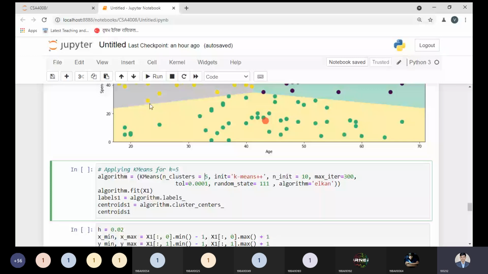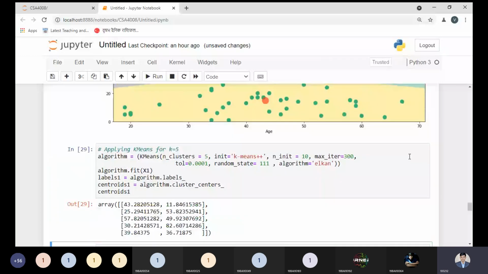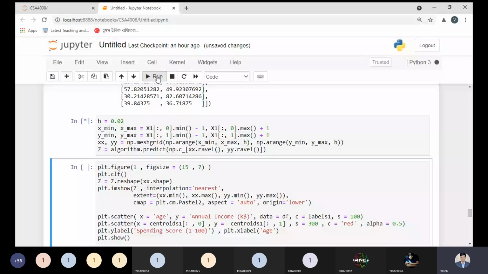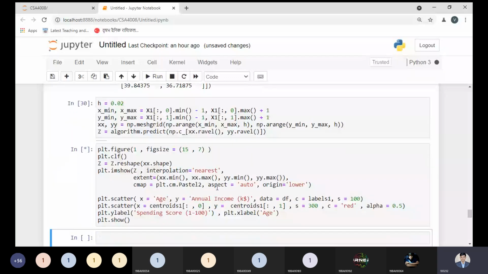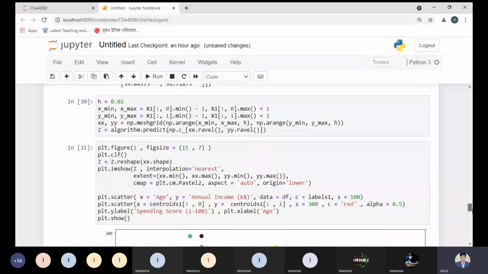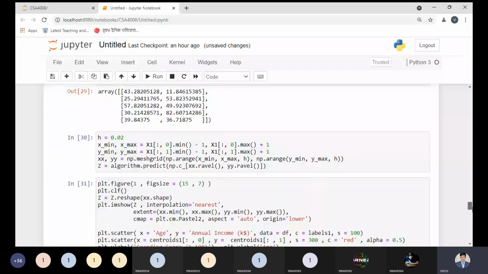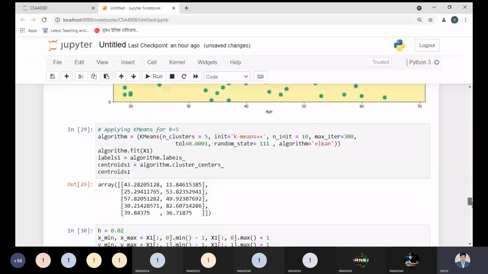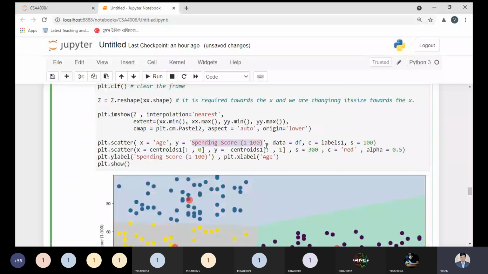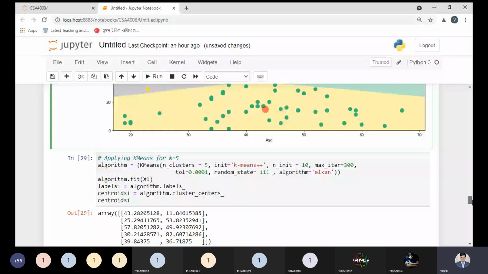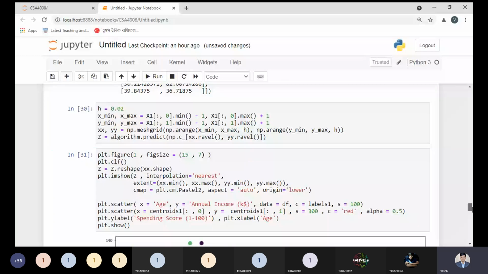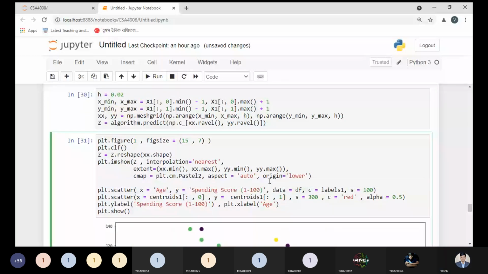Okay, now let us see. It is executing, no issues. I'm using the same parameters, printing, and also printing the same plot once again. And now see, here we need to pass something that should be the spending score. Okay, so I'm using this parameter. Let us check everything is okay. Everything is okay. Here I need to pass this one.